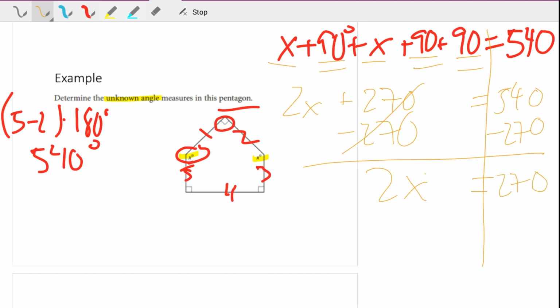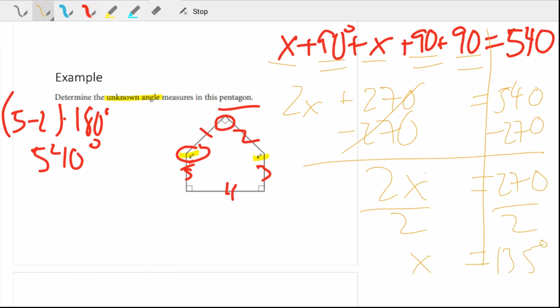Nice, it's 270, wow. And so we divide that by 2, because that's the next step. So x is equal to 135. And so there you go, right? We can easily check our work and see if it makes sense. We can go ahead and do